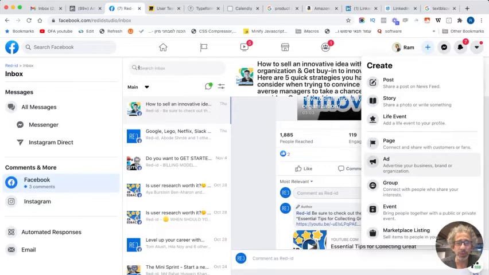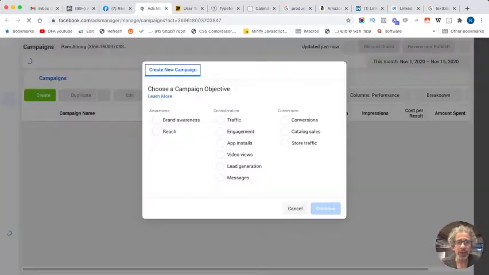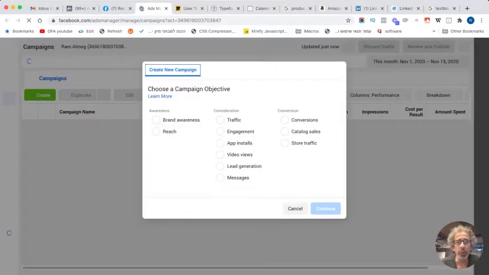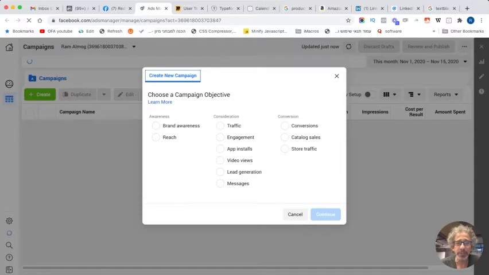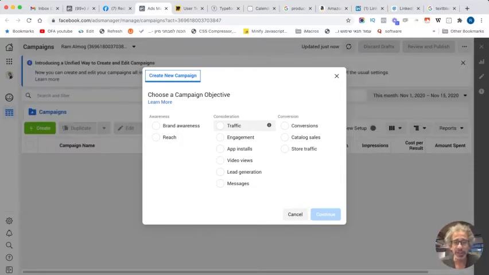Okay, and that will open a wizard for creating an ad and starting a new campaign from scratch, which is what you need. So here you have a campaign, and as a type of campaign, we're looking for traffic, because we're going to take the traffic out of Facebook into our Typeform, into our qualification